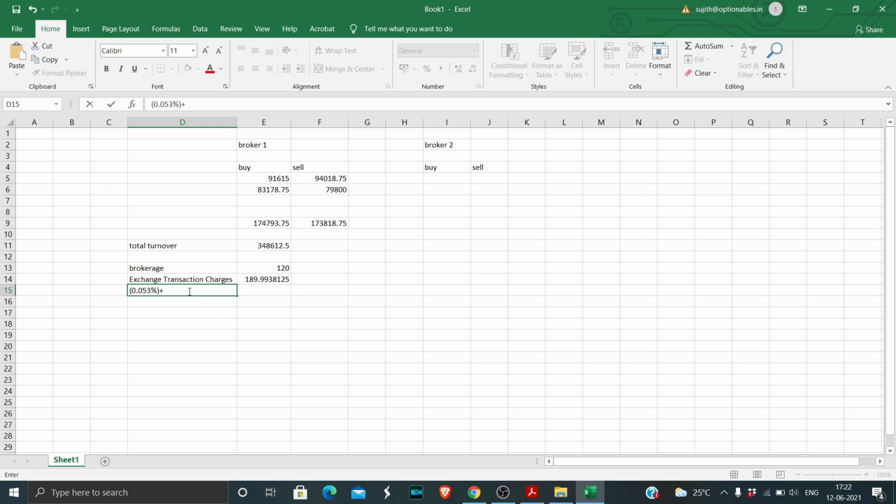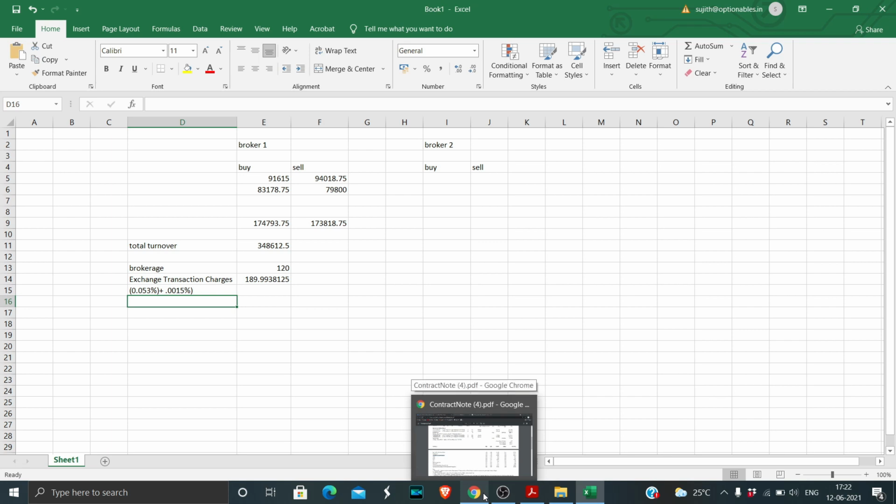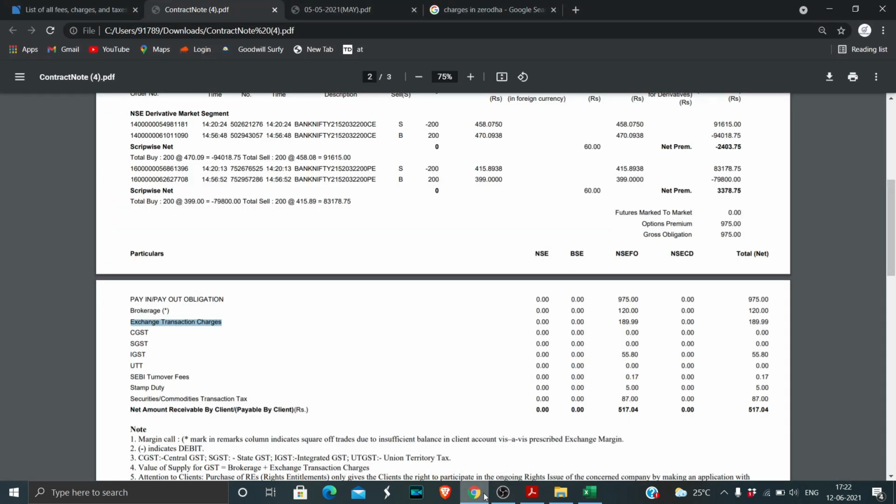So clearing charges are a way to make money. That's how some brokers do, not all, some brokers. So we have to be aware of what clearing charges we are paying. So 0.053 percentage plus what we pay is an extra 150 rupees per crore, which is somewhere around 0.0015. So it totally comes out to be somewhere around 0.0545. This is what we pay, and this is the main thing we have to look into when we are trading with any broker,